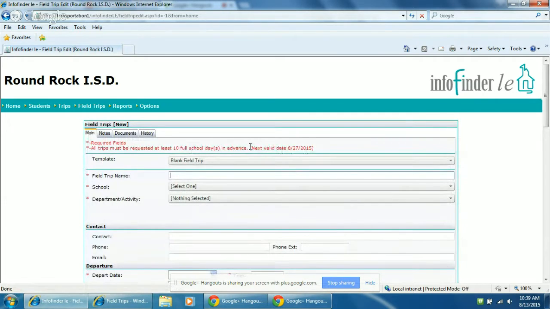This is the screen that's going to give you all the information that you need to actually fill in. Please make sure that you fill in the required field trip sections, and they are marked with an asterisk. For this year, we've tried to do some new things. We're still in the process of working on it, but I did want to show you this. If you go to this screen right here and click on template,